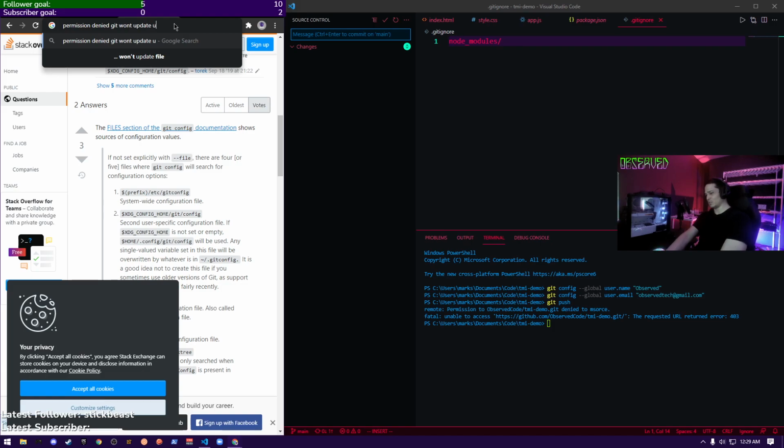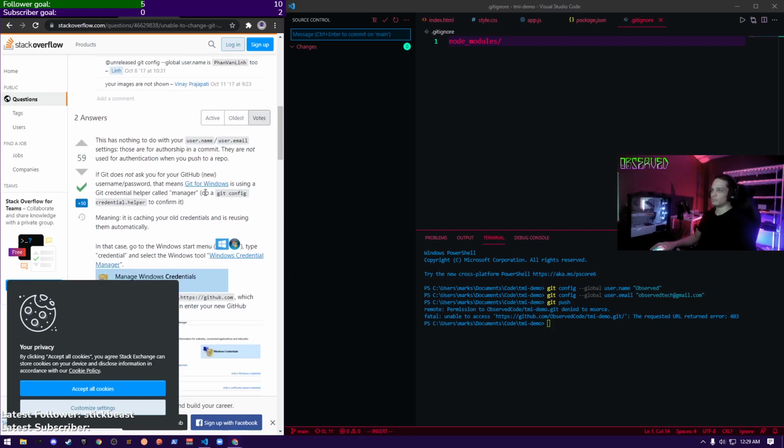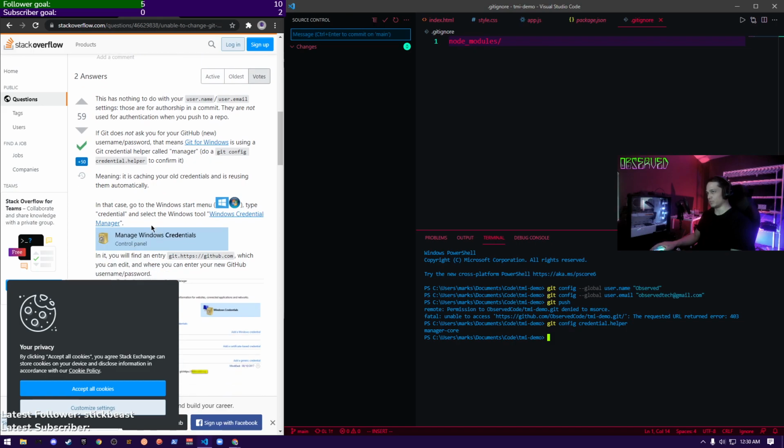Git won't update the username. You need to get the account config. I don't normally use Windows, and it's using a credential helper, caching your old credentials and reusing them automatically.